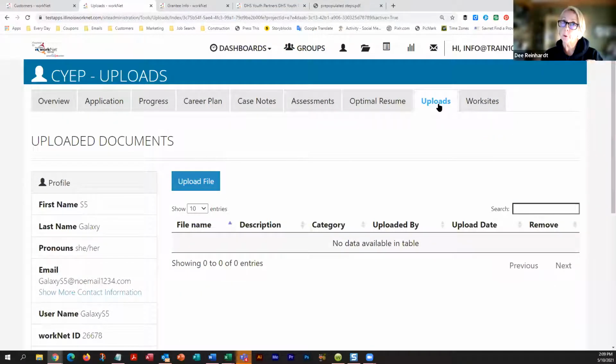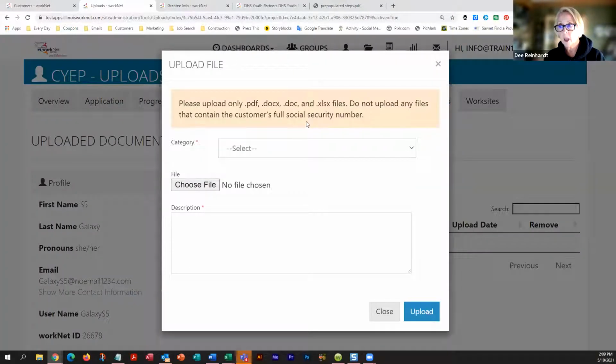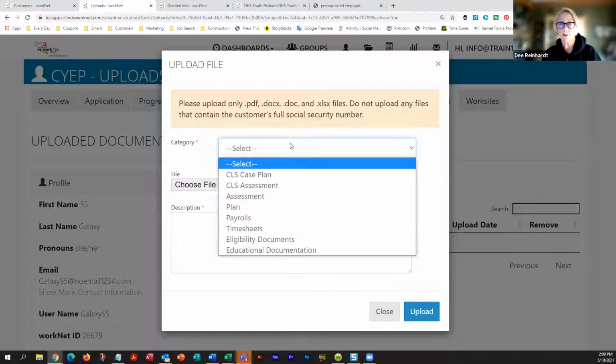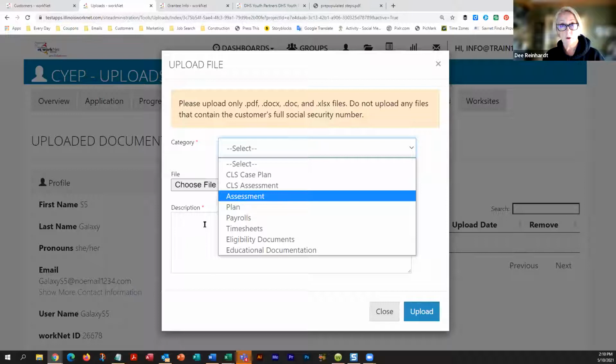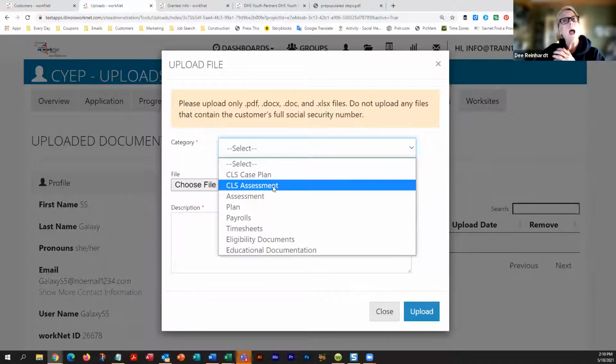So on this uploads tab, and this is on the youth uploads, not on your agency uploads, we're going to upload the files, and we have a couple of different categories here, and we're going to look for these particular uploads to give you a green or leave it red. So if you have the Casey Life Skills, that's what the CLS stands for, Casey Life Skills case plan, you need to upload that, tag it with this category, and then write your description. If it is the assessment, remember how way back when they take their full assessment, you write the summation in the description for the assessment, and then you upload the assessment,